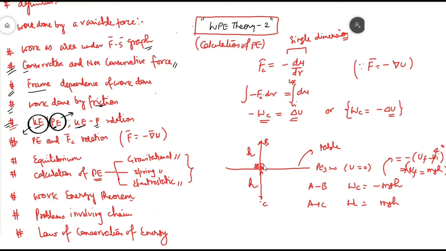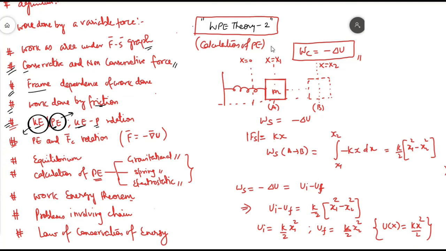So going above the reference frame or reference line, my potential is going to be positive. If I'm going down, that means coming from A to C, work conservative is mgh, and this is going to be minus uf, again ui is going to be 0, in this case uf is going to be minus mgh. So coming down that surface, my potential is going to be negative. Going above, the potential is going to be positive. Okay,